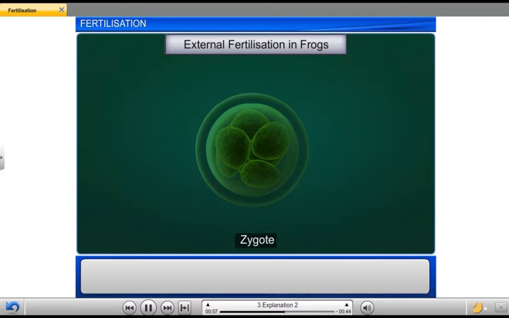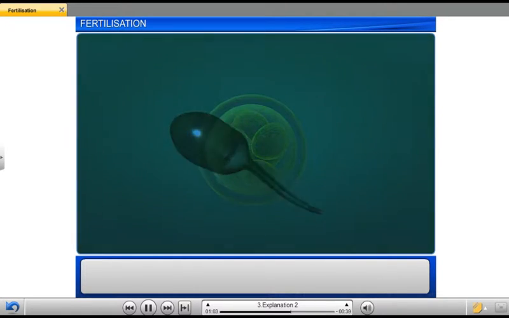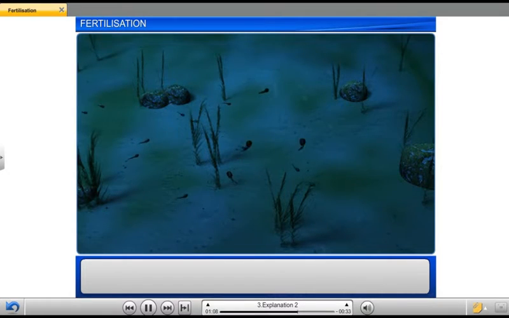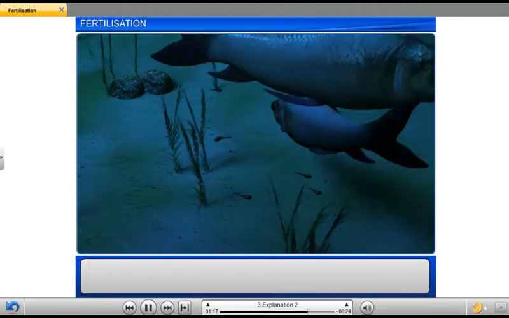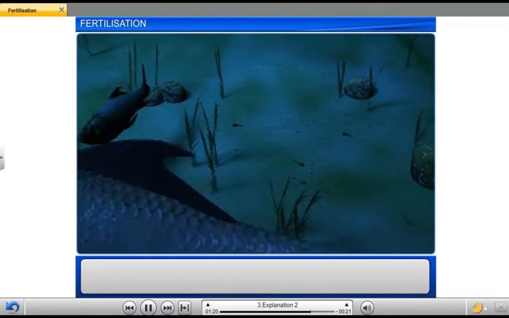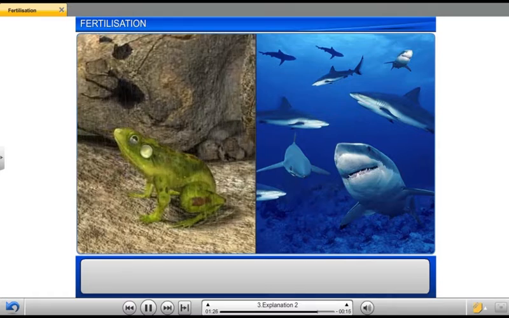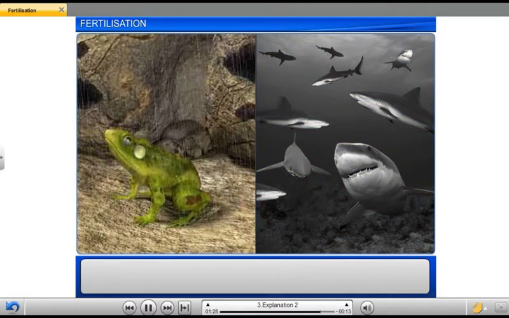During external fertilization, the gametes are released in large numbers, which translates into a large number of offspring. These offspring, however, are vulnerable to attack from various predators, including big fish, which decreases their chances of surviving till adulthood. Interestingly, frogs and other organisms, including fish that engage in external fertilization, undergo several bodily changes during the breeding season to attract mates.